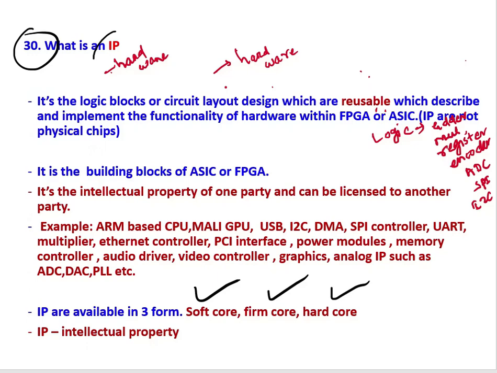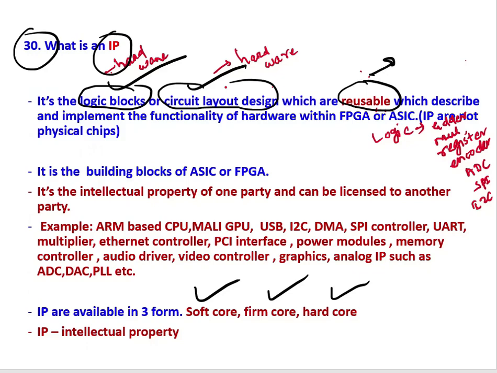So what is an IP? It is intellectual property. It is the logic blocks or the circuit layout design which are reusable. So IP is nothing but a logic block or a circuit layout design which are reusable. Reusable means you can use it again and again, and which describe and implement the functionality of hardware within FPGA or ASIC. Okay,